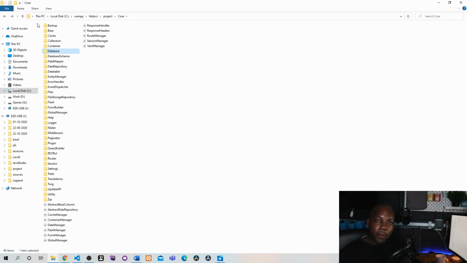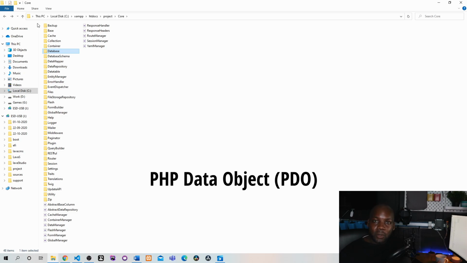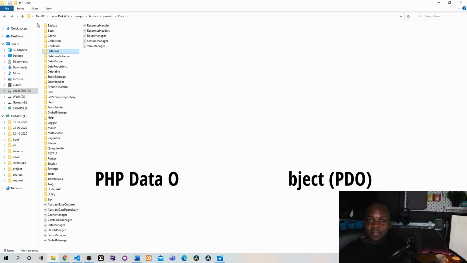It's the most popular database management system. It's used by just about everyone, with the exception of a few who are using NoSQL databases. But for the purpose of this tutorial, I will be using a MySQL database purely because it's more widely used. We will also be using PDO, PHP Data Objects, as this provides a consistent interface for accessing